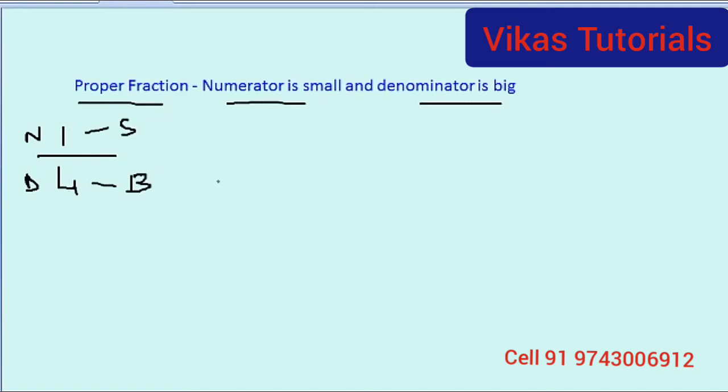Now how does this work? See, 1 divided by 4. We had one cake, and we are dividing it into 4 parts. If you perform the long division method on this, what happens? 1 divided by 4. Now 1 is smaller than 4, the dividend is smaller than the divisor. So what do we do? We convert it into a decimal. 0 point. After putting the point here, we write 0 here.